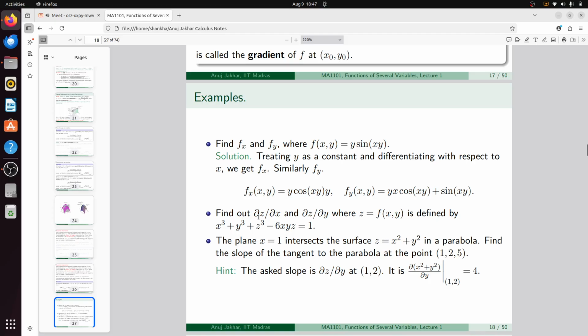Z is a function of x and y. So minus 6xy del z del x must be a term in this operation, but there is another term in addition to these, that is minus 6yz. When you differentiate the whole function partially with respect to x, the 6xyz term also gives a term minus 6yz. Yes.